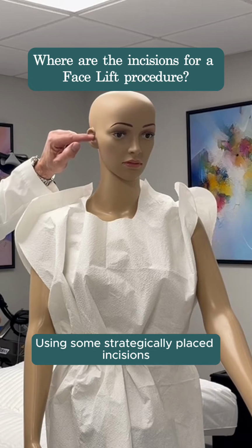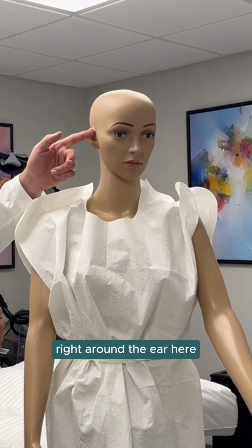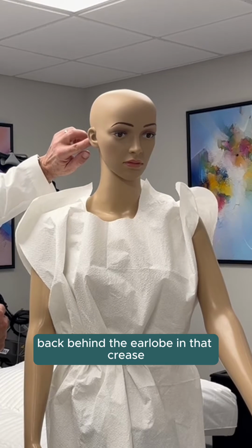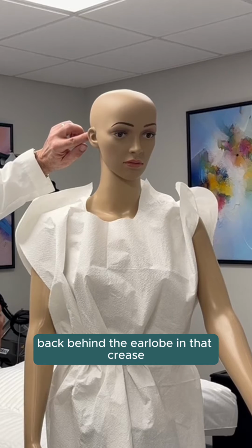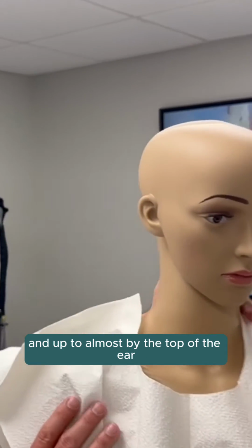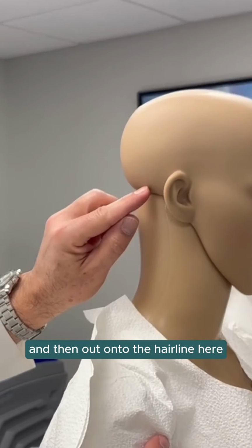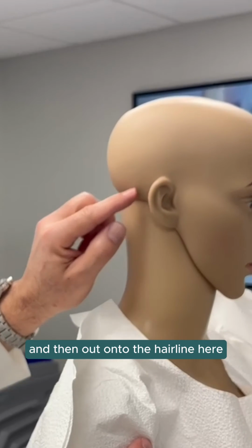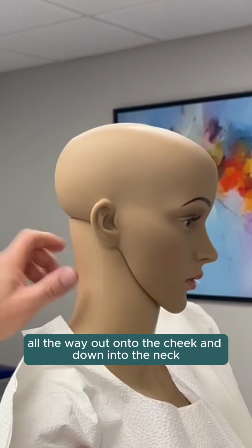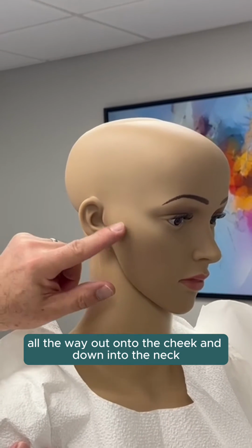Using some strategically placed incisions right around the ear, called the tragus, and around the earlobe, back behind the earlobe in that crease, and up to almost right at the top of the ear sideways here. We want to come up about this high and then out onto the hairline here. That allows us to dissect up the skin all the way out onto the cheek and down into the neck,